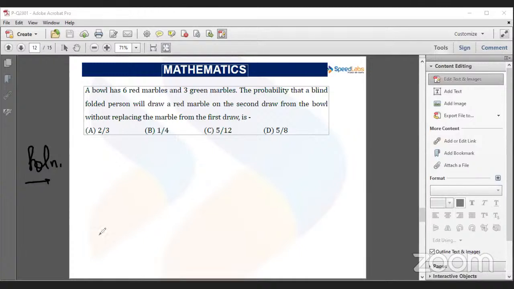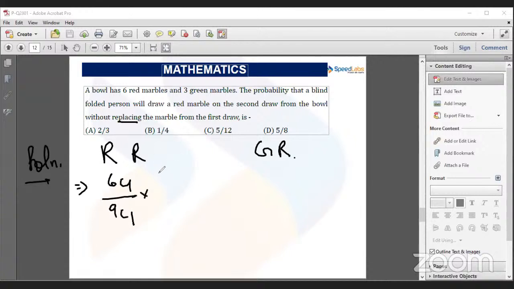तो there are two cases for that. फर्स्ट ड्रॉ में भी रेड मार्बल हो, सेकंड में भी रेड हो, और फर्स्ट में ग्रीन हुआ है और सेकंड में भी रेड हो. तो फर्स्ट ड्रॉ में भी अगर रेड मार्बल है तो क्या प्रोबेबिलिटी रही होगी निकालने की उसकी? 6C1/9C1. रिप्लेसमेंट नहीं हो रहा तो सेकंड ड्रॉ में रेड निकालने की प्रोबेबिलिटी क्या हो जाएगी? 5C1/8C1